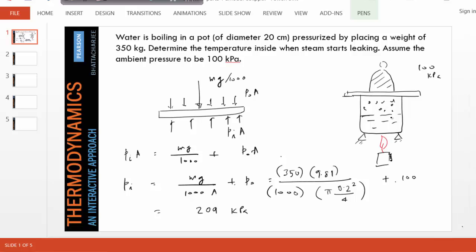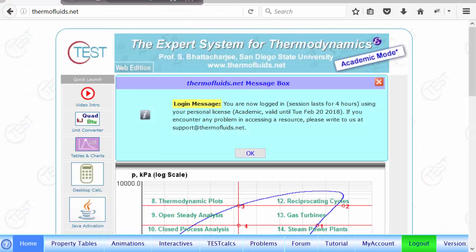We know any boiling water, the pressure and temperatures are connected, and the pressure must be saturation pressure at the temperature, or the temperature must be saturation temperature at the given pressure, which is 209 kPa. So what is the saturation temperature of water at 209 kPa? For that, we go to saturation table, property tables,